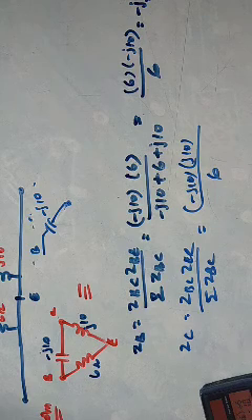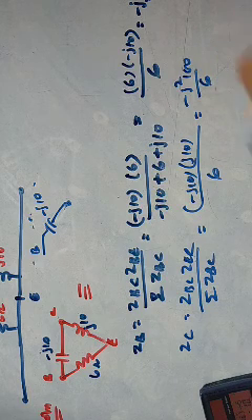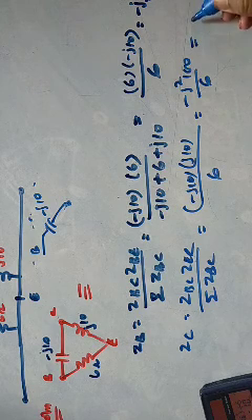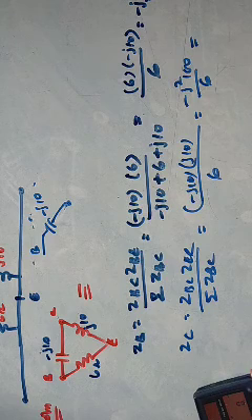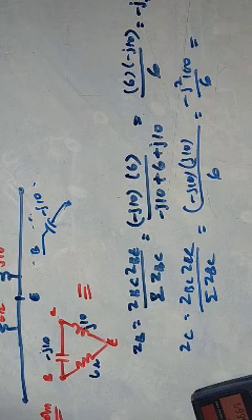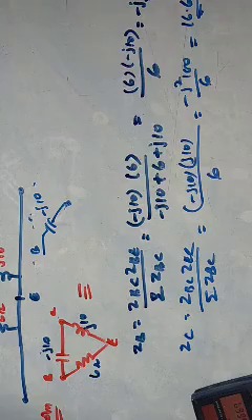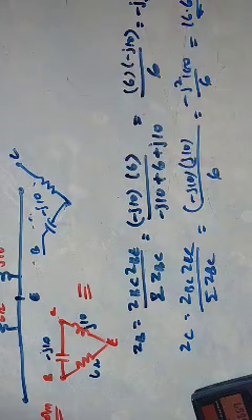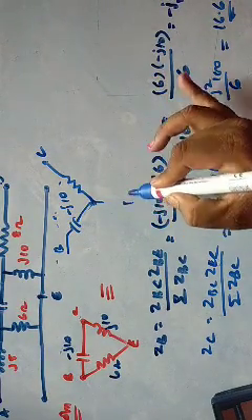EC is J10. So this becomes minus J square 100 divided by 6. J square is nothing but minus 1, so this will be 100 divided by 6, that is 16.67 ohm. This is ZC. So ZC is the pure resistance. This is C.